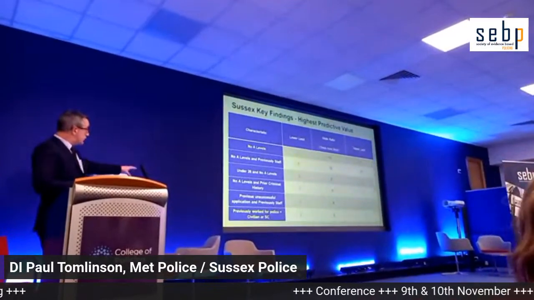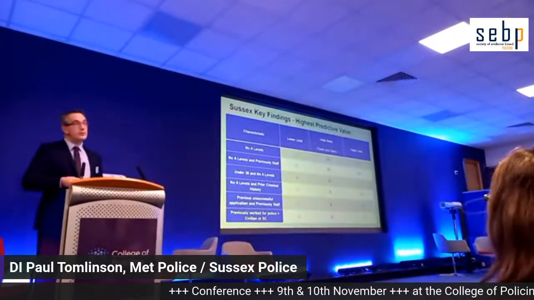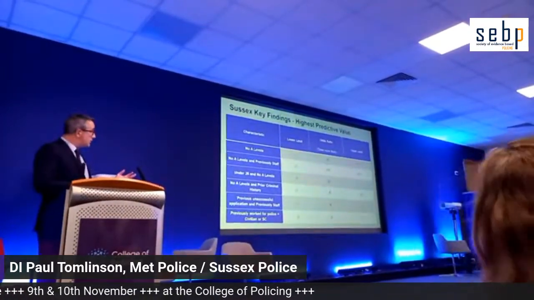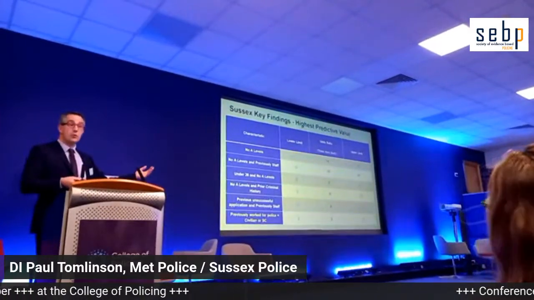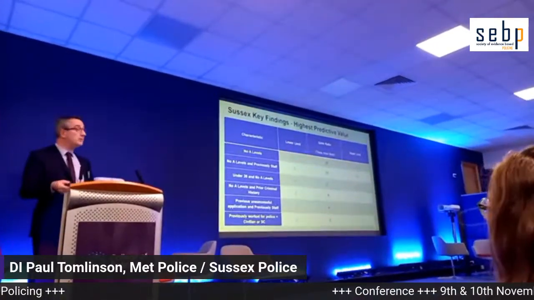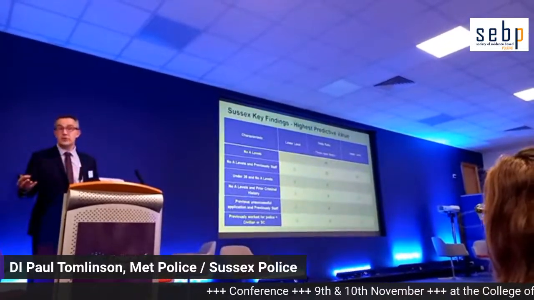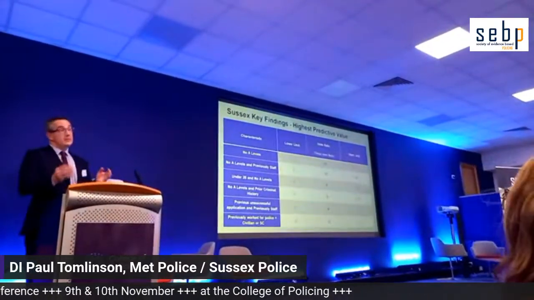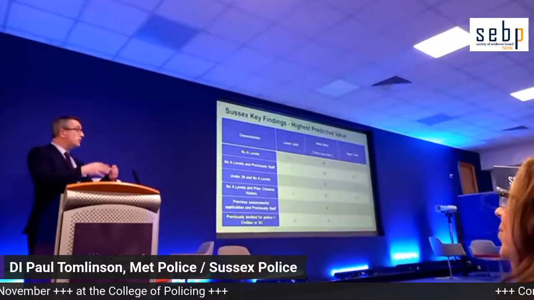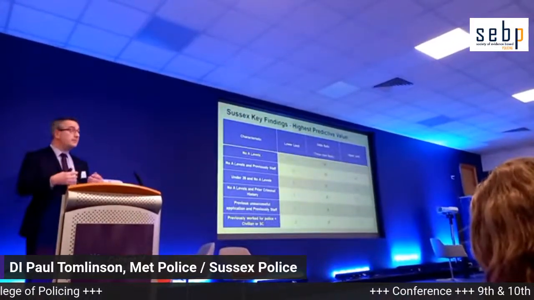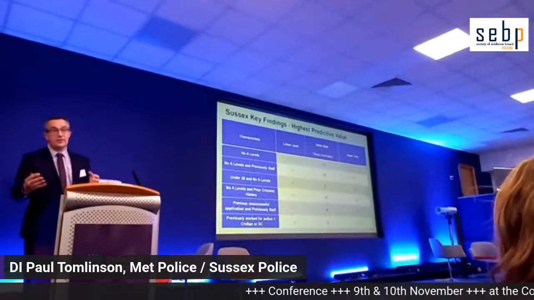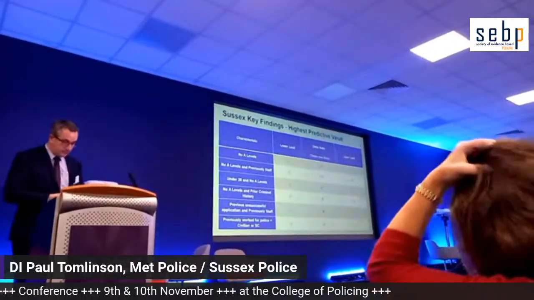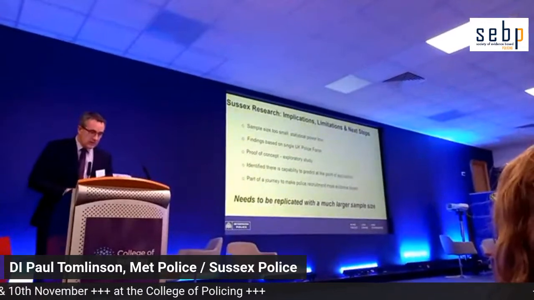The other one I found quite interesting, highlighted in yellow at the bottom, were individuals who have worked in a police staff or voluntary role before joining as a police officer. The Sussex research found they were between 2 and 5 times more likely to be investigated than people who had not been police staff members, volunteers, or members of the special constabulary before joining as a police officer. I thought that was really interesting because, in my mind, if you understood what was required of policing and you worked in a voluntary role or as a staff member, you were already dedicated to policing and would be more likely to serve with honour and not have an issue. Whereas this research found that was not the case. So that kind of gives a real